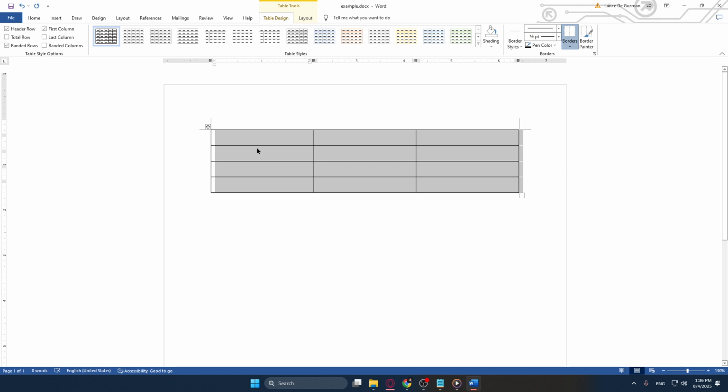After successfully highlighting the table, look towards the top of your Word window for the Table Design tab. This tab appears as a ribbon and gives you a plethora of options to customize your table's design, from its color theme to border styles. This is our main area of interest for today's task, so go ahead and click on Table Design to unveil